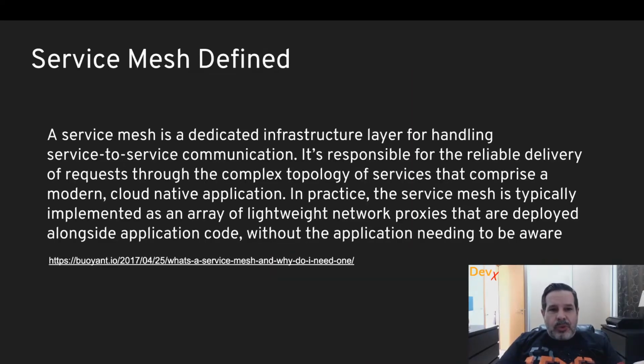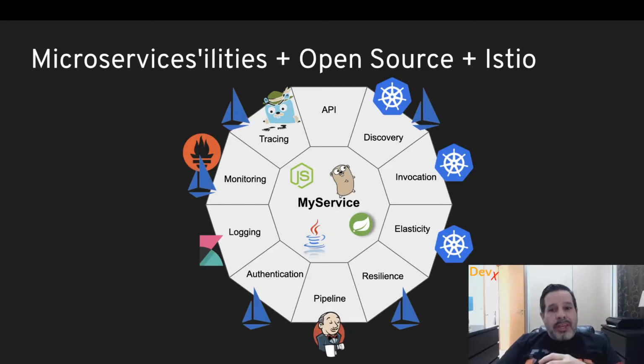Well, Istio is a service mesh implementation, and by the way, what is a service mesh? A service mesh is a dedicated infrastructure that covers service-to-service communication. Usually, it's implemented by having a proxy in front of your application that handles this kind of network communication, okay? So with Istio, you will have a better discovery mechanism. I will talk more about that later in a demo.